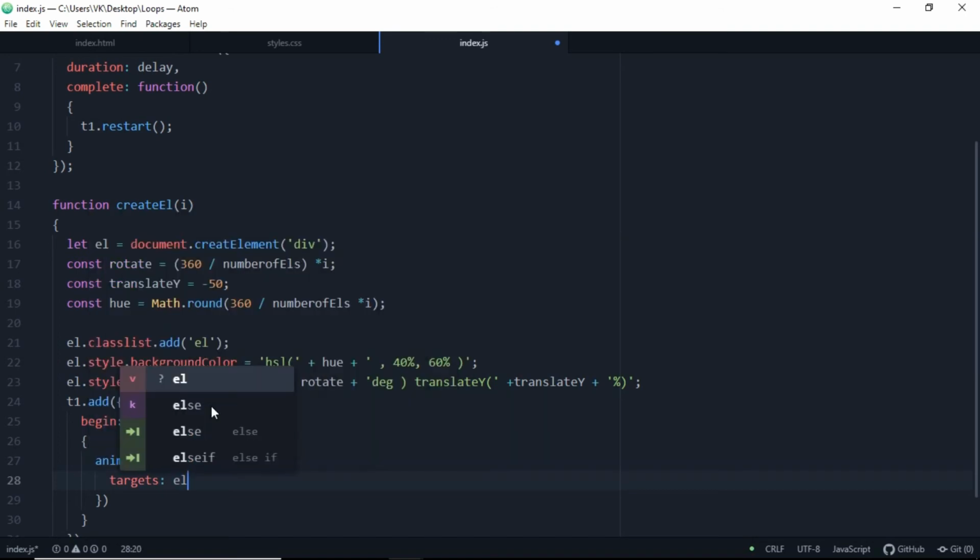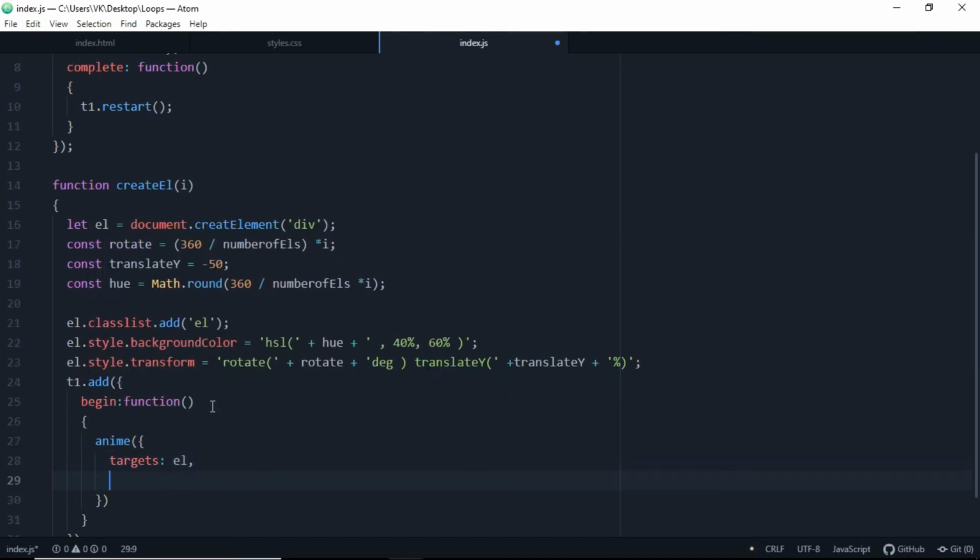The target will be el, which is a div, and backgroundColor is equal to, here we have a colon, and we have the HSL here. Just copy this and paste it for the background color too. Inside this, like an array, again add it for 2 more times at the 0 index position and first index position.